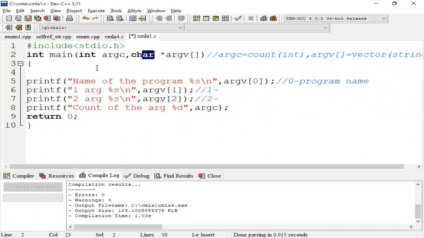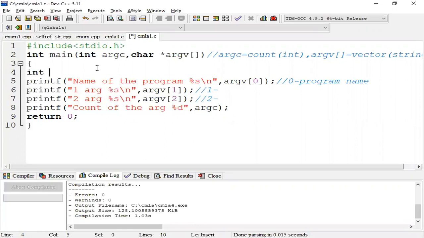So how can we perform arithmetic operations or any calculations on characters? It is not possible. We can perform string operations, but it will not support character arithmetic operations. So for performing arithmetic operations by using command line, we can follow this simple method.